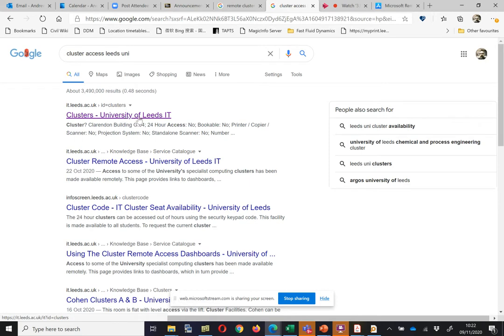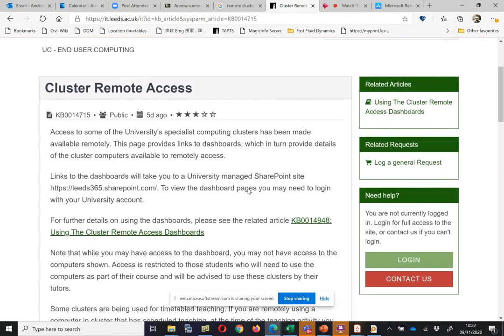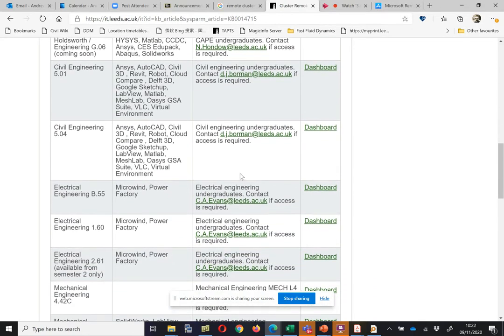Clusters University of Leeds IT. Actually, the second one is the best one. Cluster Remote Access University of Leeds IT. And it tells you a lot of stuff on the clusters. What we want to